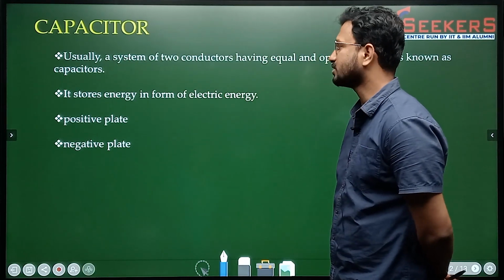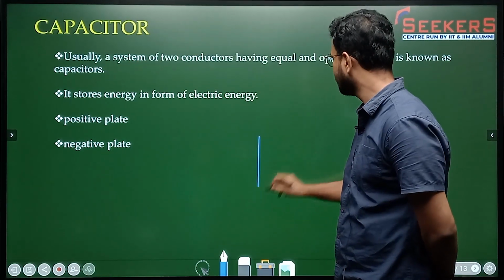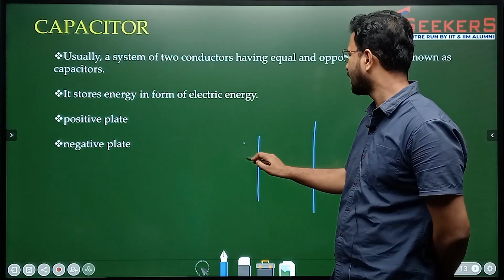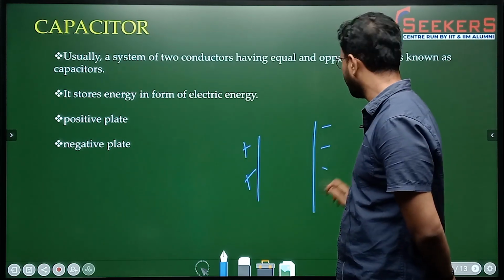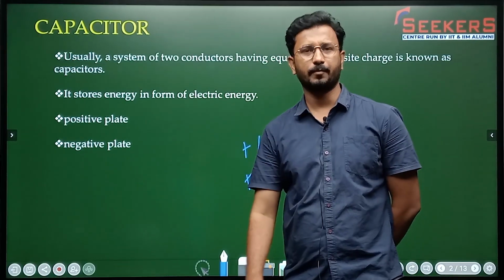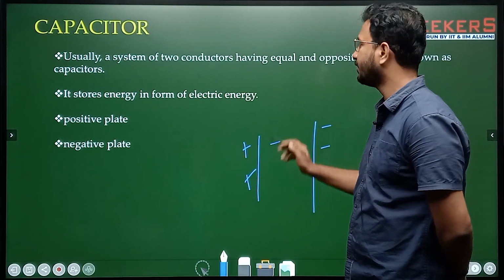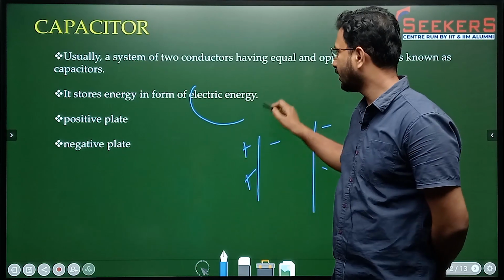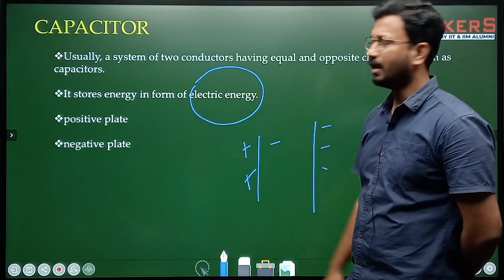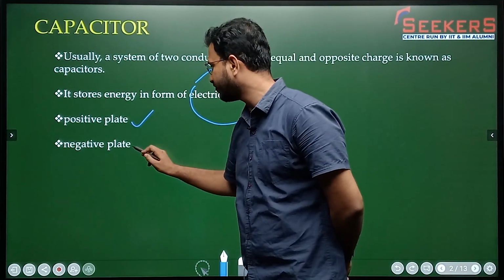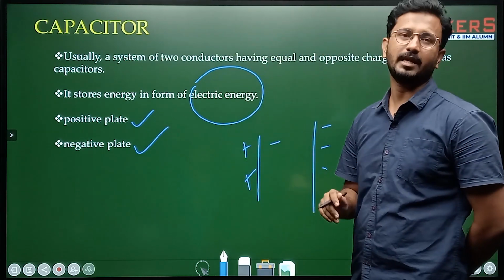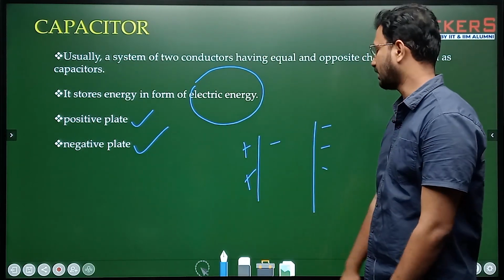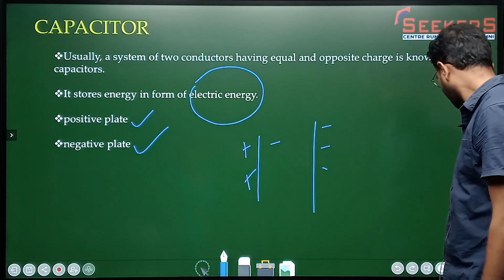And we know that if we have two conductors, both of them carrying some charges, plus and minus, there will be some electric field in between them. It will hold some energy. That energy is called electrical energy. As you can see, it's made up of two plates, a positive plate and a negative plate, holding some energy in between them. That is a capacitor. Moving forward,